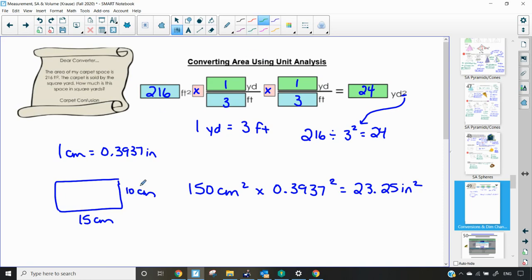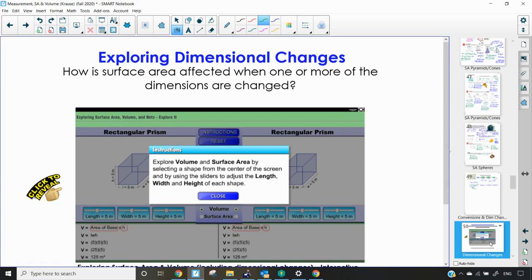If I wanted to convert 10 centimeters to inches, I would have 10 times 0.3937. That's 3.937 inches. 15 times 0.3937 is 5.9055 inches. And if I multiply those two together, I get 23.25 inches squared. So again, if I want to convert area units, I have to multiply or divide by my conversion factor squared. All right, so we're going to look at one last piece, and that has to do with